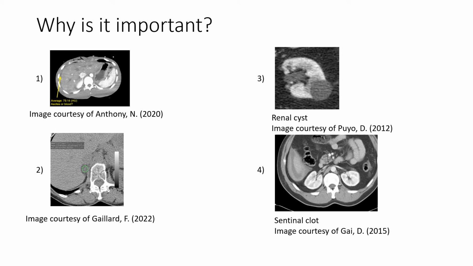Now the last example I have here is to define what we call a sentinel clot sign. Just like what I showed before, between the clotted blood measuring around 100 Hounsfield units and unclotted blood being about 40, this is useful for patients with acute hemorrhages, as it is an indicator of the origin of the bleed. In this case, you can see here, there is fluid surrounding the inferior tip of the